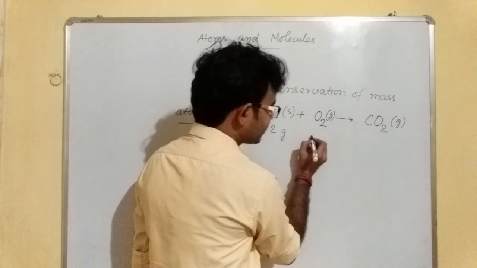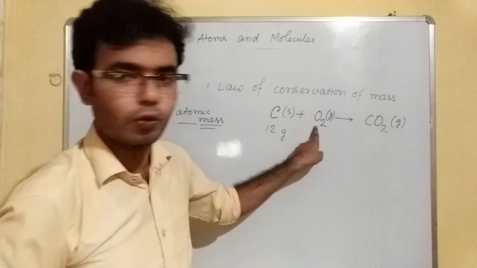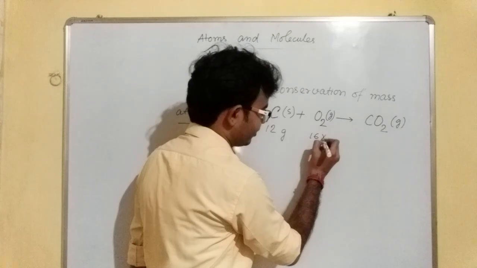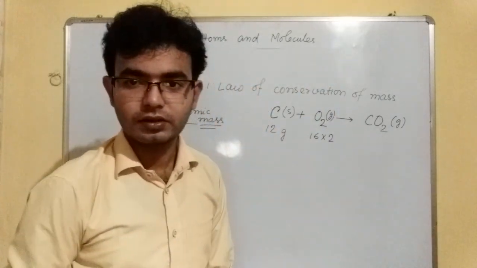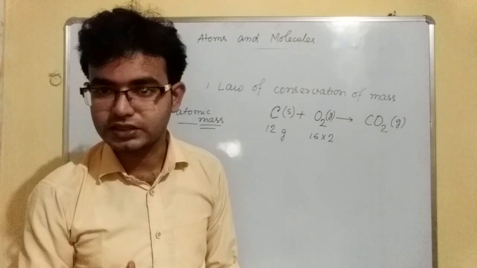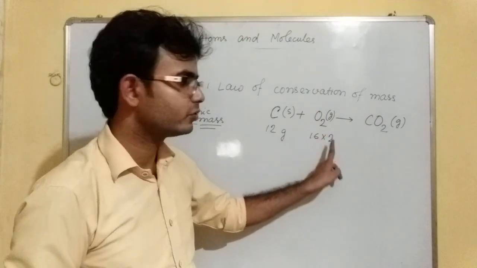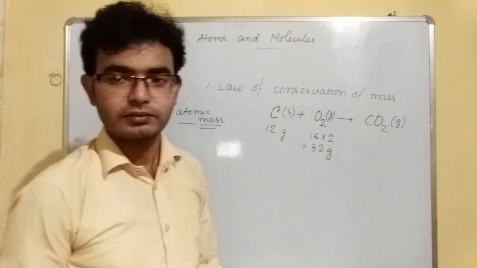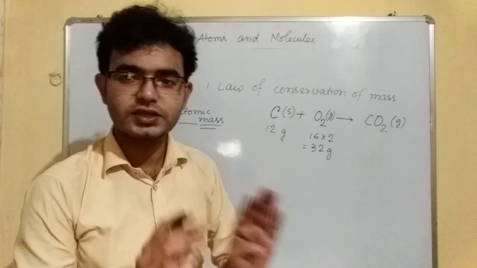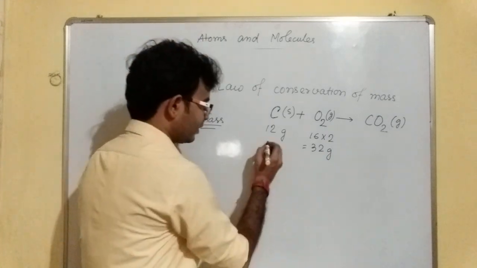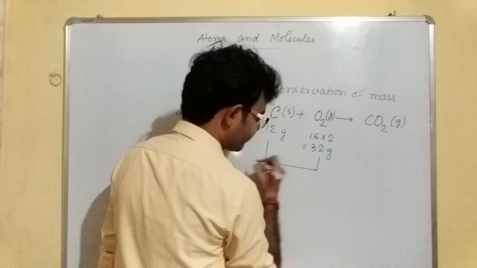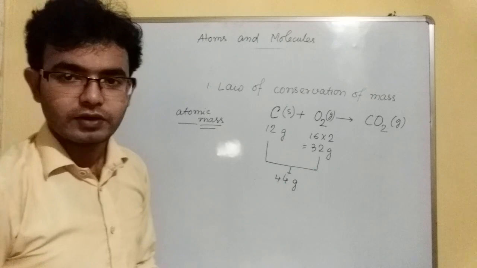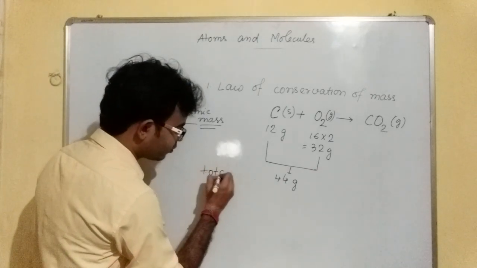Oxygen O2, the mass of one oxygen, for one O, it is 16. There are two oxygen, that's why I am multiplying this by 2. Okay, एक ऑक्सीजन का मास होता है 16, दो ऑक्सीजन एटम है यहाँ पे, तो दोनों का हो गया 16 into 2, that is 32. I am writing ग्राम here. मैं फिर से बोल रहा हूँ ये ग्राम होगा या दूसरा कुछ होगा, इसके बारे में हम लोग आगे बढ़ेंगे. Now if we add this, then we will get 12 plus 32, that is 44 gram. Well, 44 gram is the total mass